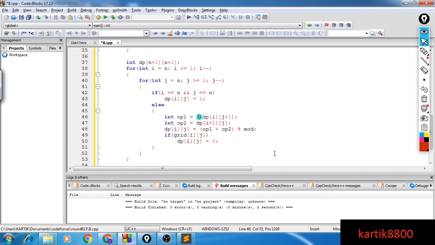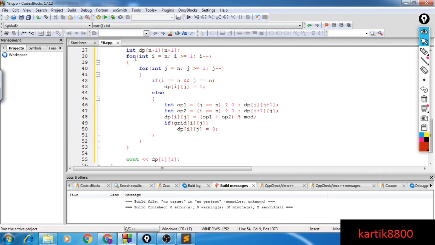Option 1 means I'm going right. So I can only go right if there is a cell to the right. If there is no cell to the right, you are already at the rightmost cell in your grid, then you can no longer take a right step. So if j equals n, you cannot go right, then this possibility does not exist. Same way, if you're already at the bottom row, then you cannot really go down again. So if i is already equal to n, you cannot choose to go down, so this possibility does not exist. And at the end you print dp[1][1].